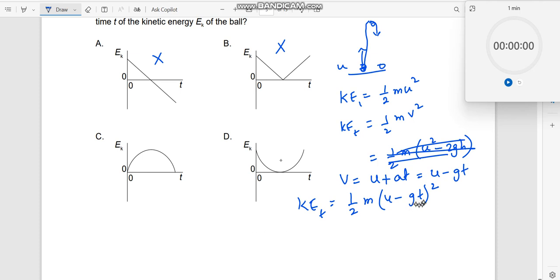You can see this from the equation also, which is half mu square. Which means, if you look at this point, at t equal to 0, kinetic energy is 0, which is definitely incorrect, right? These are something called understanding the problem using the boundary values. So D is the right answer. Okay, let us move on to the next one.